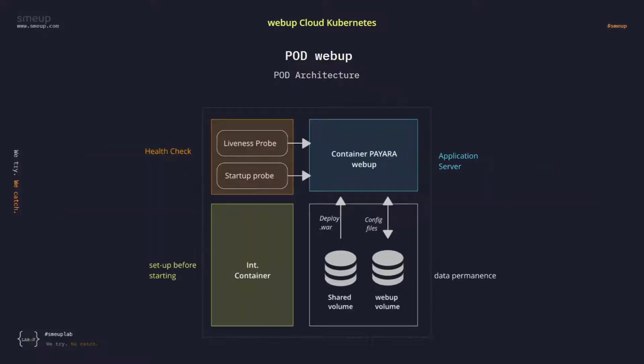Now let's take a look at the web app pod architecture. We can see four main components, but let's start with the one on the bottom left, which is the init container. And it's also the first component that is set in motion when the pod is started. The init container's task is to set up the pod. So what it does is it downloads the WAR file of web app. Web app is a Java application, so it's distributed through a WAR file. It downloads it from our repository, the latest version, and it shares it with the